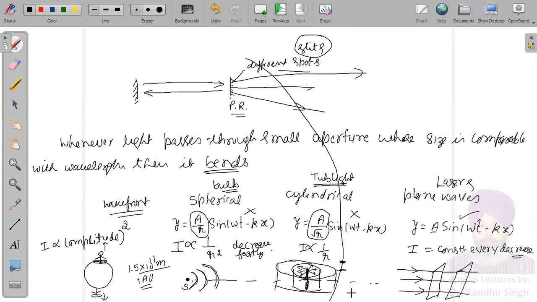Sun produces spherical wavefronts, but you take them to be plane wavefronts because of the fact that when these wavefronts reach Earth, the radius of each wavefront is very large. What is the radius of each wavefront when light reaches from Sun to Earth? It is this much, and a small portion of the wavefront of the Sun can be taken as a plane wave. This is just an assumption, this is not correct. Should I move ahead? Are you satisfied?